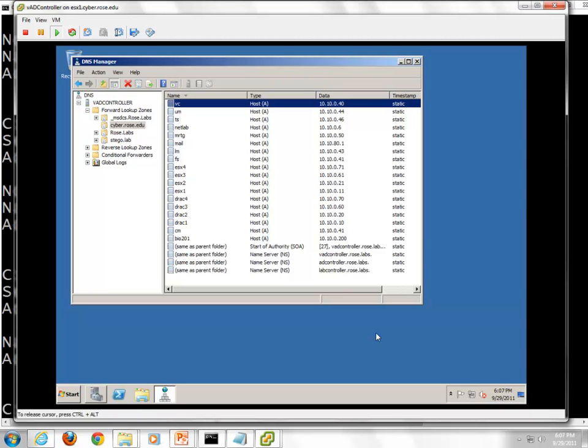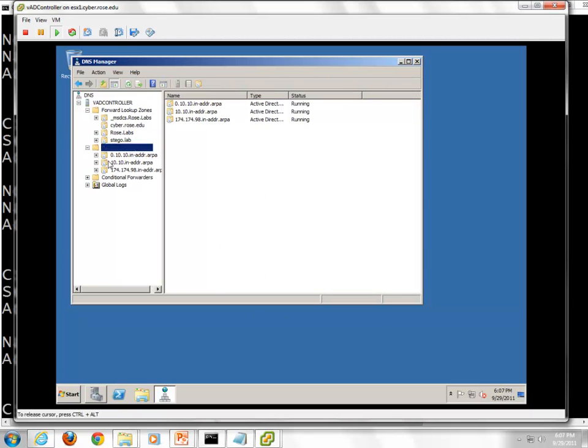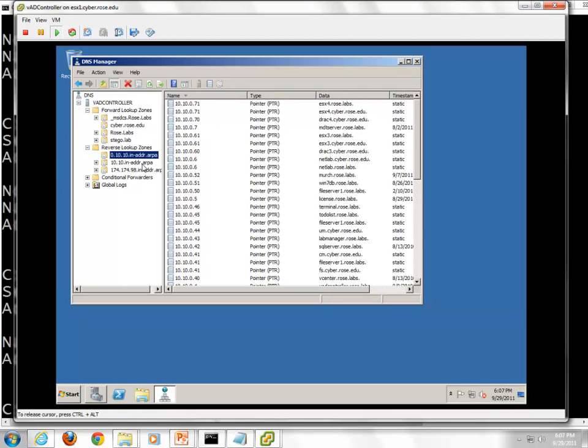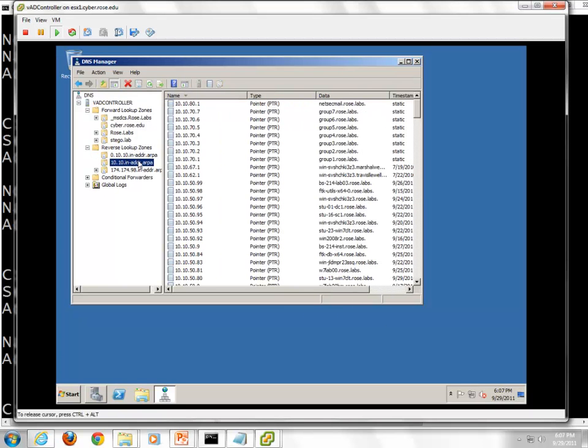Okay. DNS also does something else called reverse lookup. That's what this one is. And it's actually what this one is. What reverse is, if you know the number and you want to get the name, this one you type in the number and it tells you the name that goes with it. It's just like, name to number, the number to name. It's just like your phone number goes back and forth either way. Okay?